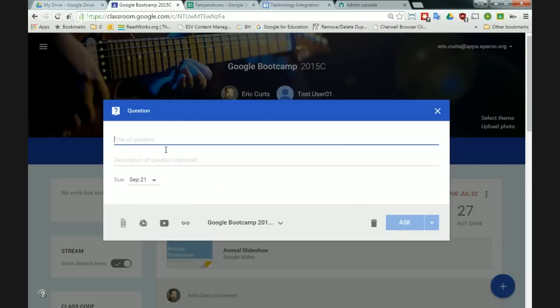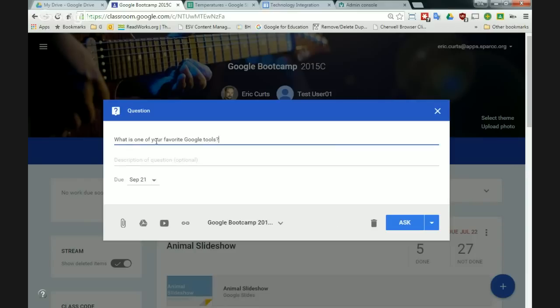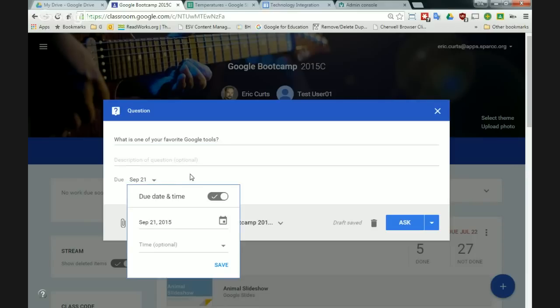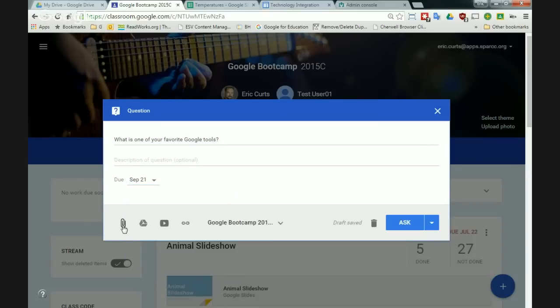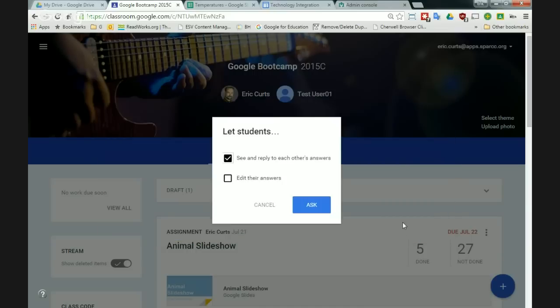So if I throw out a question here, like what is one of your favorite Google tools? I could put that out as a question, pick a due date for it. And if I wanted to, I can still attach an uploaded file, a drive file, a YouTube video, a link, just like always. I can attach all those sort of things. I can also decide which classes I want to push it out to. But the point is, once I'm done creating that question, I have an ask button. When I click that ask button,